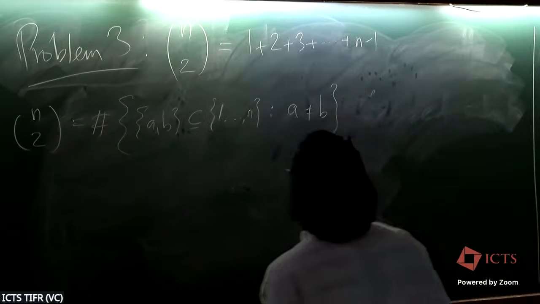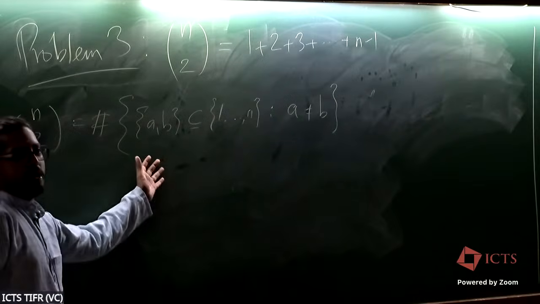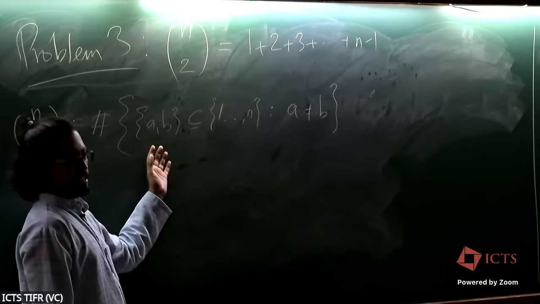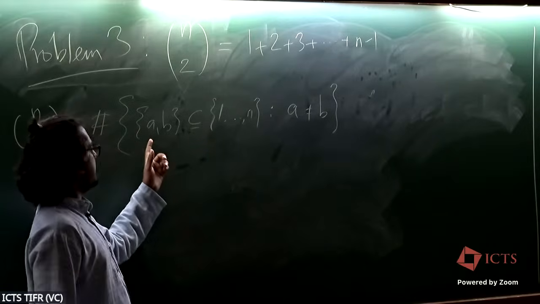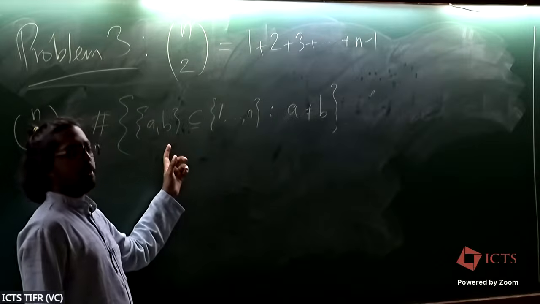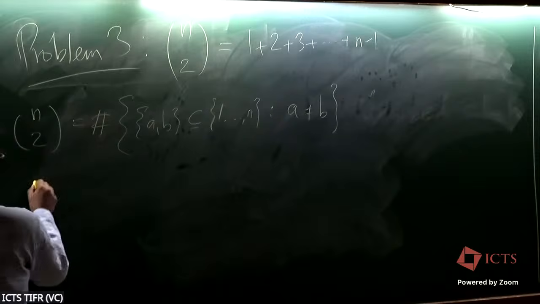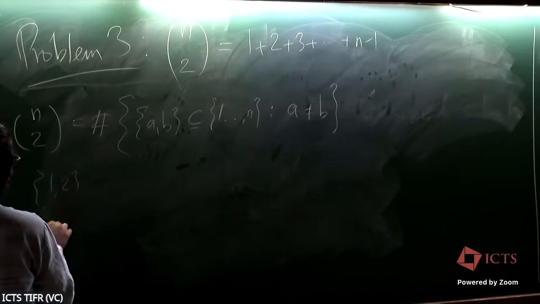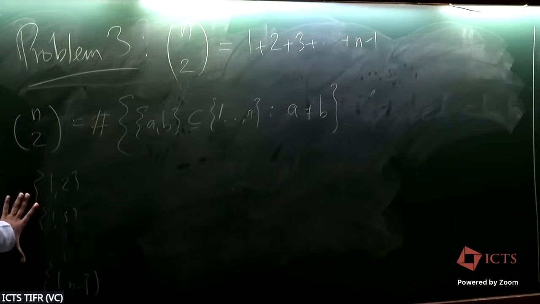Very nice, very nice, beautiful. So here is her double counting argument. This set of all 2 element subsets is counted by n choose 2, sure. But how can you pick these? She's giving an algorithm to pick them. She says first pick A to be 1. When A is 1, how many choices do you have for B? n minus 1 choices. So she's ordering them in the following way: you pick (1,2), (1,3), and so on, all the way up to (1,n). So this is n minus 1 ways to do it.